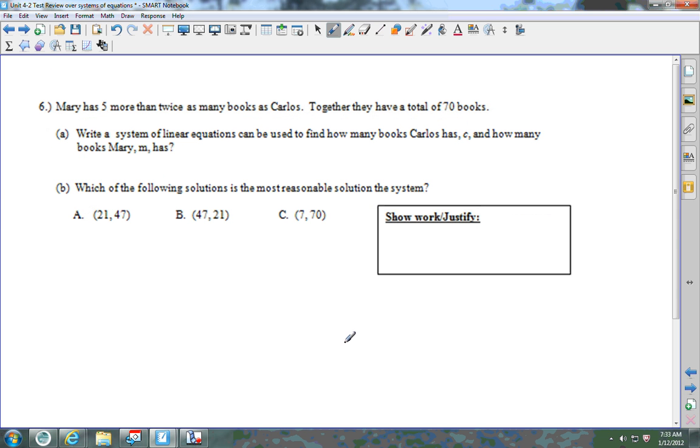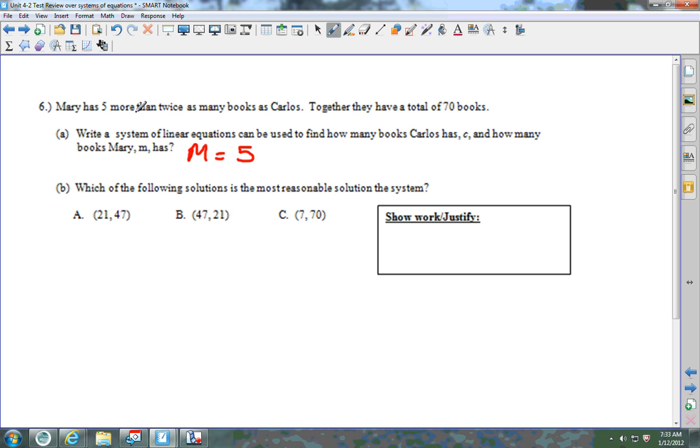Number 5, or I guess number 6, it says Mary has 5 more than twice as many books as Carlos. Together they have a total of 70 books. Write a system of linear equations that can be used to find out how many books Carlos has and how many books Mary has. Well, first off, it says Mary has